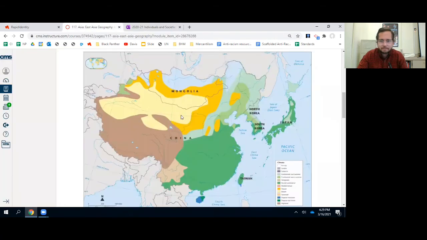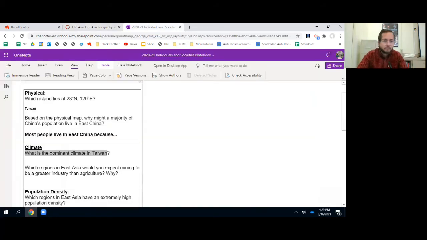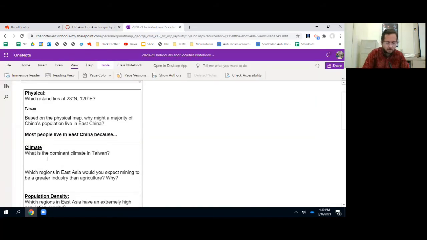Right, so we find Taiwan. There it is. Dominant, right, which would mean that we have green and we have blue here, right? We have tropical rainforest and tropical monsoon. But if we're thinking what's going to be the dominant one, it's going to be the one that covers a majority of the island, right? Which would be tropical rainforest. So I'm going to put that in there. I don't know why this font is getting smaller on me. I like to do rainforest as one word, but you can do either one word or two words. All right. So then, next one.